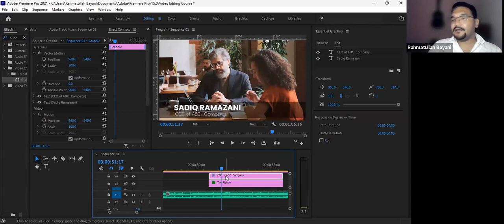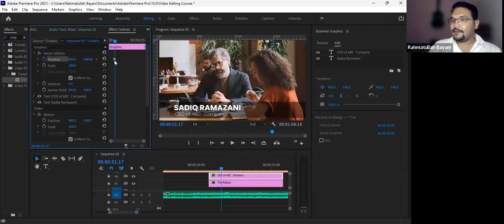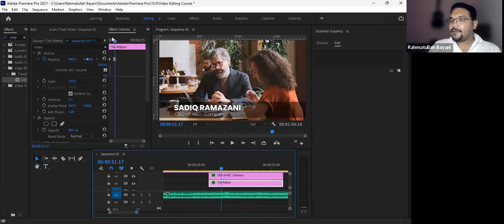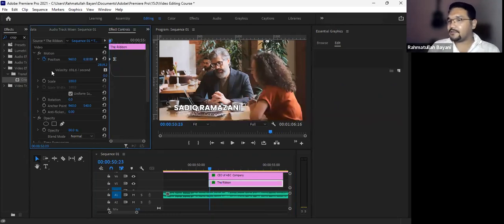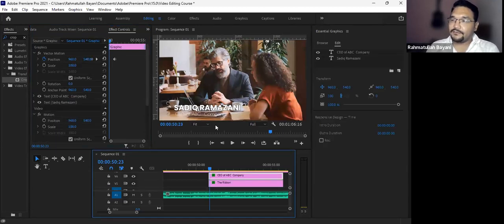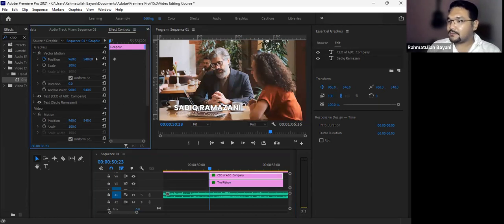Okay, so I already selected the text, and I'm going to add a position keyframe for my text as well. I'm going to have the keyframe. Then I'm going to select the ribbon again. I'm bringing it to the first keyframe. Then I'm going to add another keyframe for my text as well. But the animation for my text is not going to be the same, although it could be the same as the ribbon that we already animated. Maybe I can just bring the text down as well,